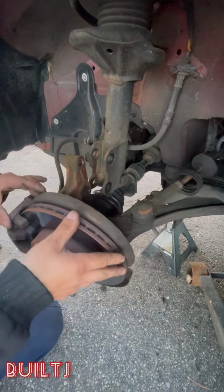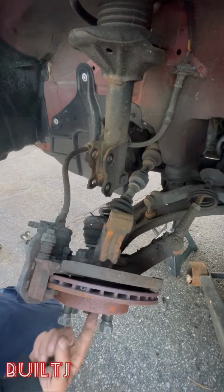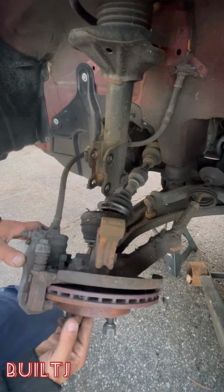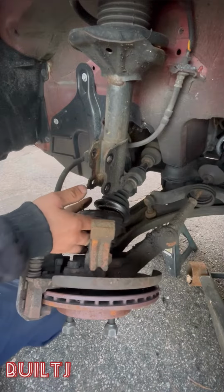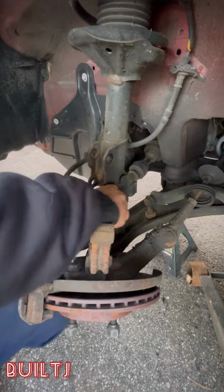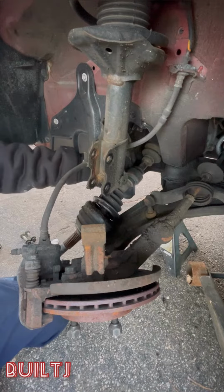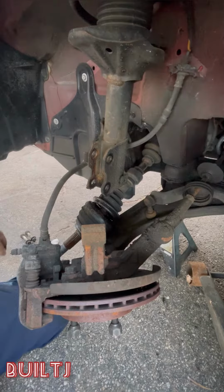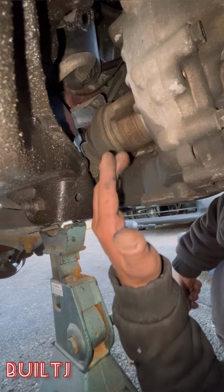Once you've removed the knuckle from the strut, you pull it out, let it drop, push the axle out, as you can see. You push it out as much as you can, and then you should be able to wiggle it out from this side. Carefully pull it out, and then you're going to stick a pry bar back there and pop the rest of the axle out. Now we're going to stick a pry bar right here and